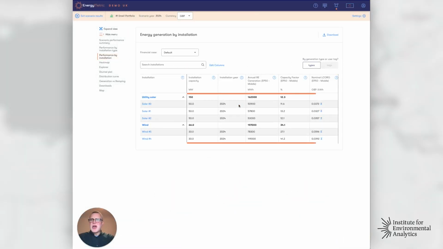Then there is also an installation performance summary table, which may be set up with some slightly different columns to what you're seeing here. But the idea is each row represents an individual installation, and there's some summary information either about its specification or the results in the table. The table is configurable, so if you go to edit columns, if something is missing and you want to add it,